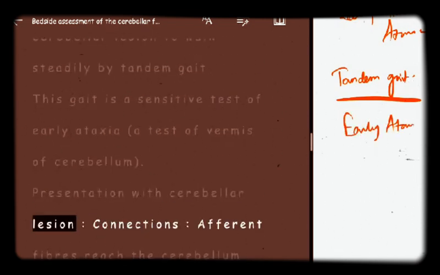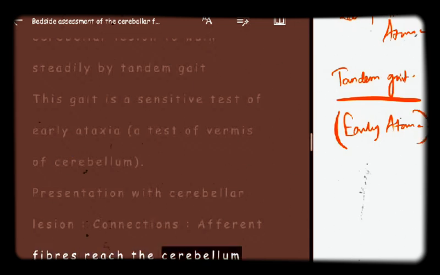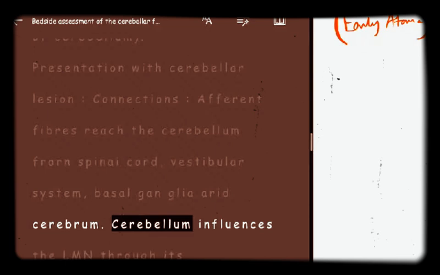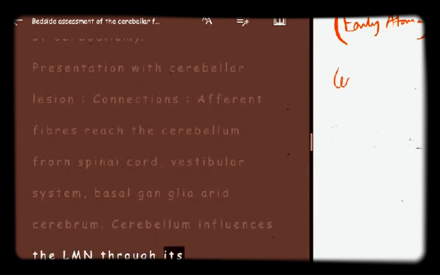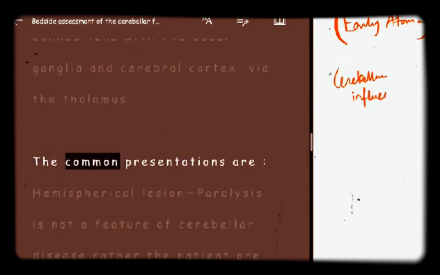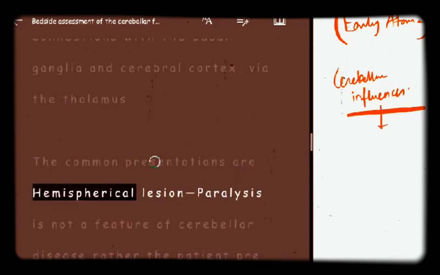Presentation with cerebellar lesion. Connections: afferent fibers reach the cerebellum from the spinal cord, vestibular system, basal ganglia and cerebrum. Cerebellum influences the LMN through its connections with the basal ganglia and cerebral cortex, via the thalamus. The common presentations are: